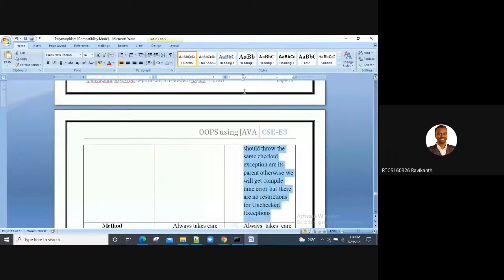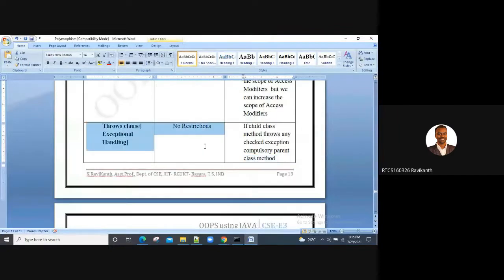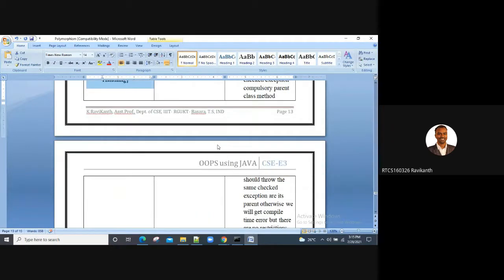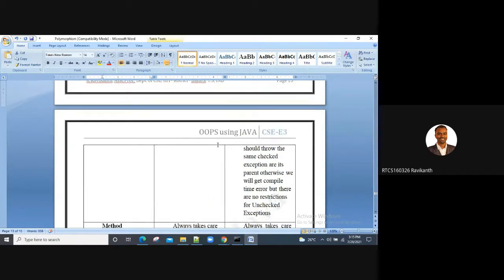We will anyhow see this concept in exception handling in the 4th unit in detail: what is an exception, what is a checked exception, an unchecked exception, why there are restrictions, all that.